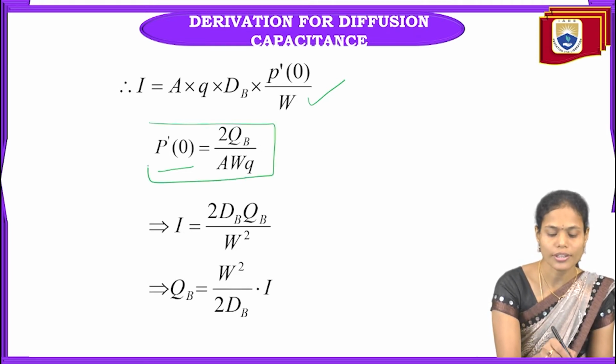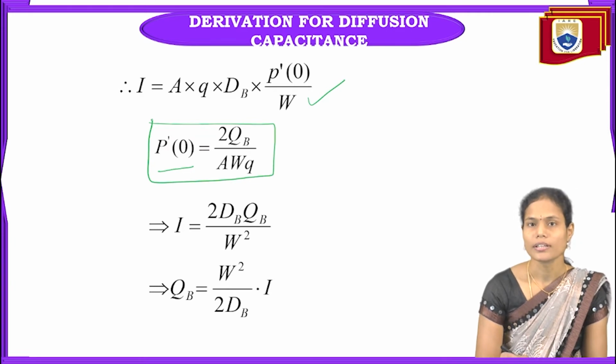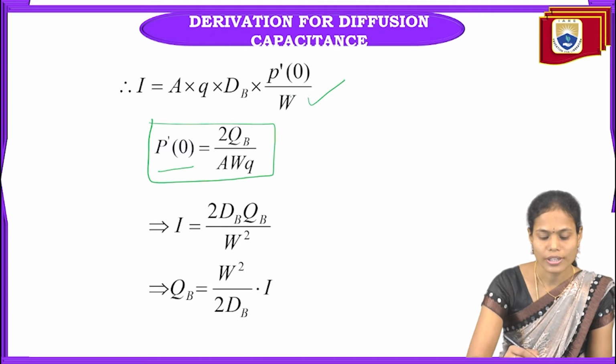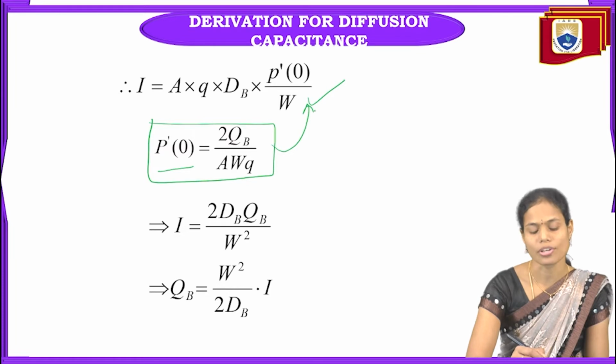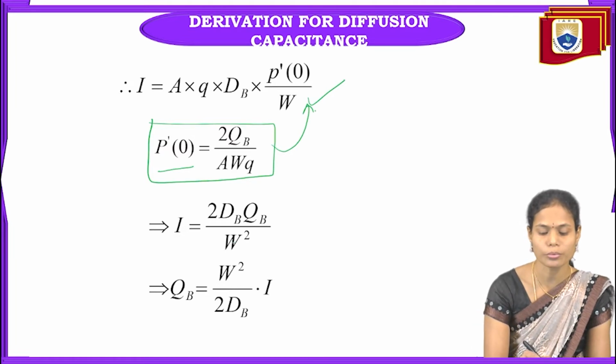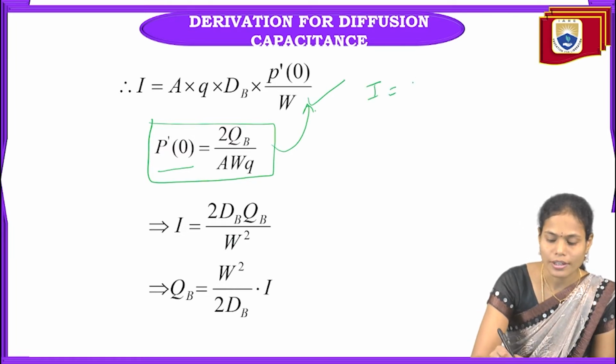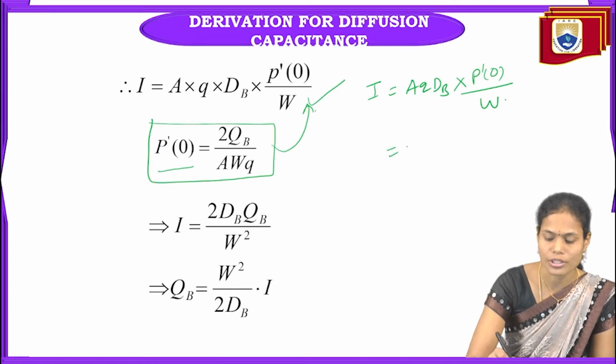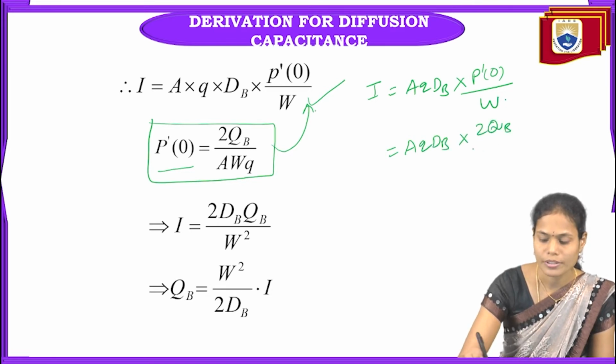This value we have already derived from the diagram. If you substitute this P dash of 0 value in the I equation, we get I equal to AQ dB into 2QB divided by